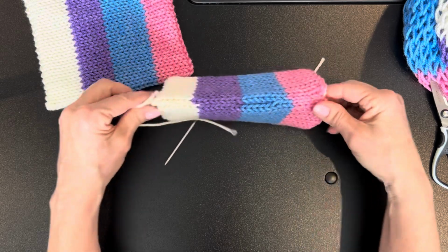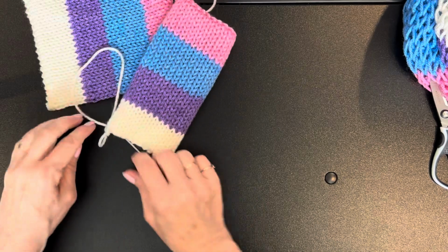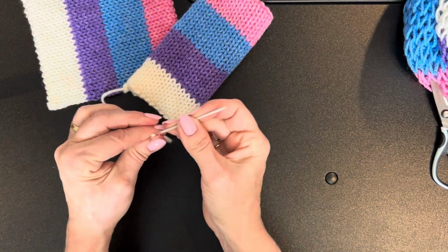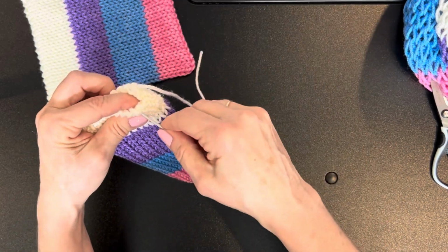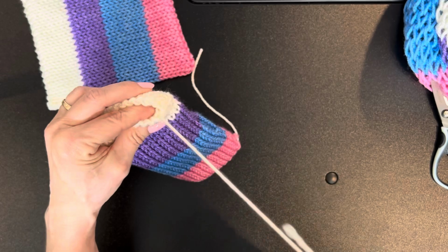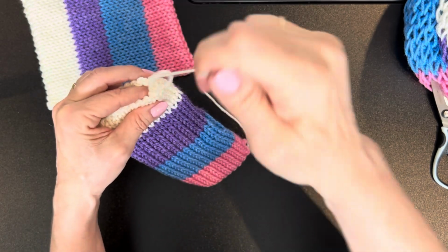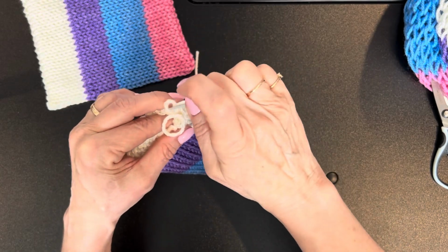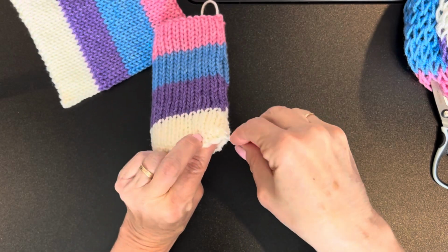But there we go. Pull both of those ends. I'm going to take my needle. I'm going to tie off on this one by going over to this first stitch that you see up there, coming back into the first stitch on this side, tying off a knot. I'm going to make one more knot, hide my tail in between the layers, cut it off,